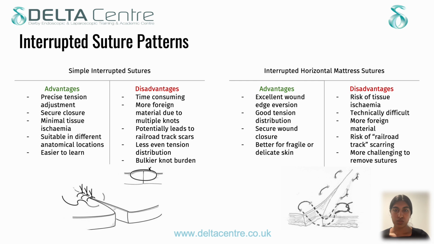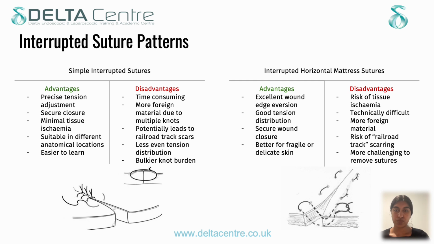Disadvantages include that there is a risk of tissue ischemia if these are tied too tightly. This can impair blood flow at the wound edges, which can lead to necrosis. It's a technically more difficult suture style to learn, especially for beginners. There is more foreign material as mentioned in the simple interrupted sutures. There is the risk of railroad track scarring, and it's a more challenging